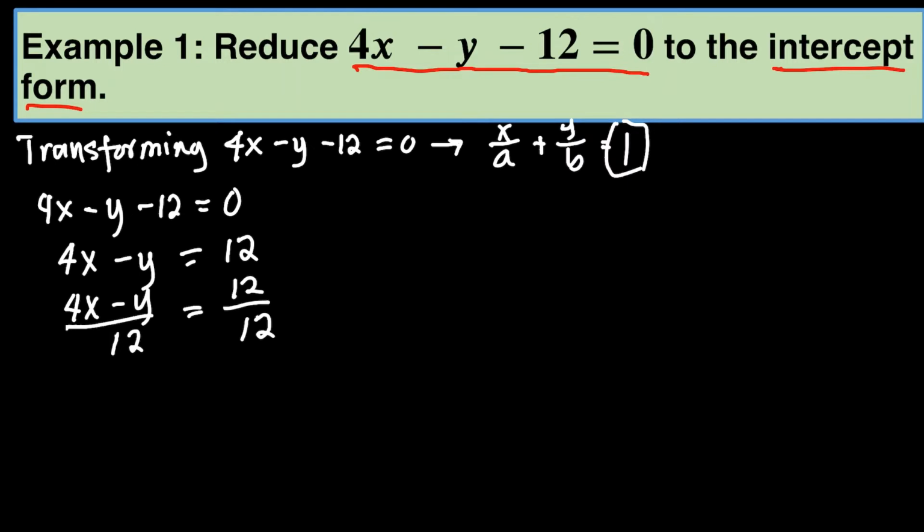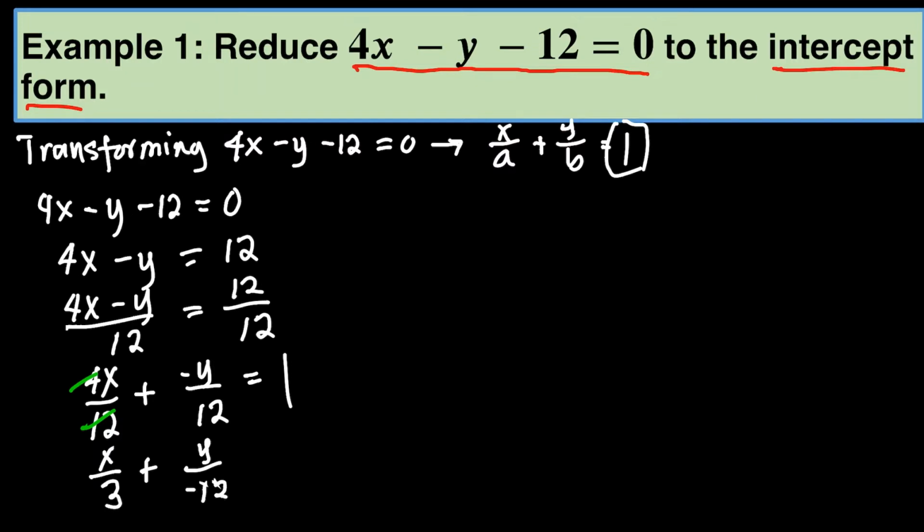This will give us 4x over 12 plus negative y over 12 equals 1. We can simplify this further because there's a common factor here, which is 4. So this will give us x over 3 plus y over negative 12